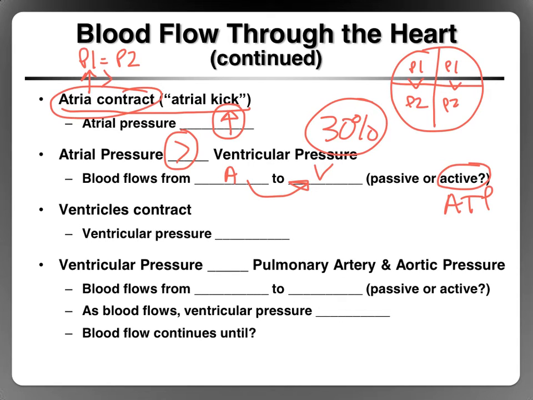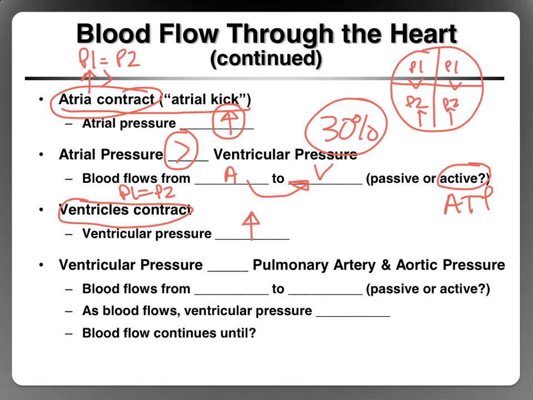At this point in time, and eventually, again, that flow is going to occur until P1 equals P2. So eventually you reach equilibrium, no more blood flows out of the atria. The next thing that happens is that the ventricles contract. When the ventricles contract, they squeeze, just like the atria did. When they squeeze, the pressure in the ventricle rises. So we get an increase in pressure in the ventricle,